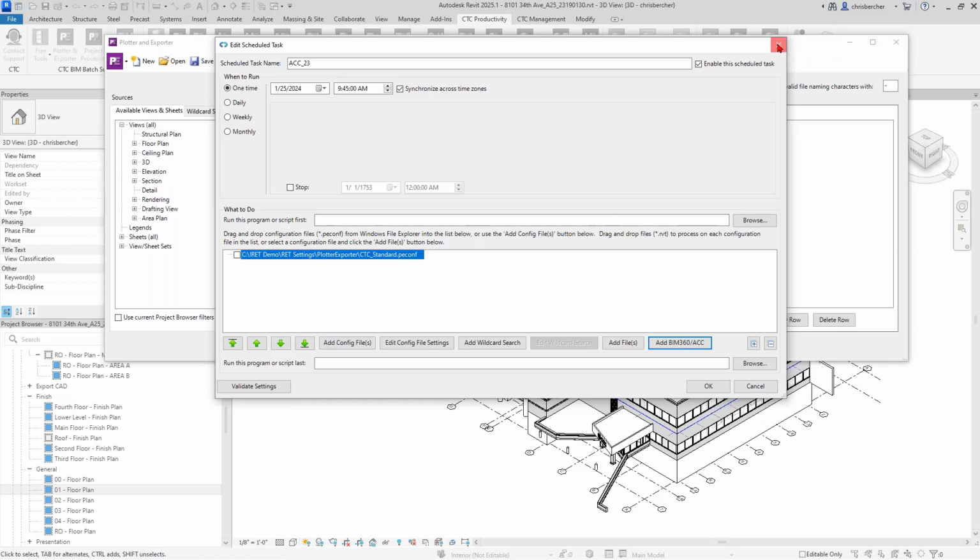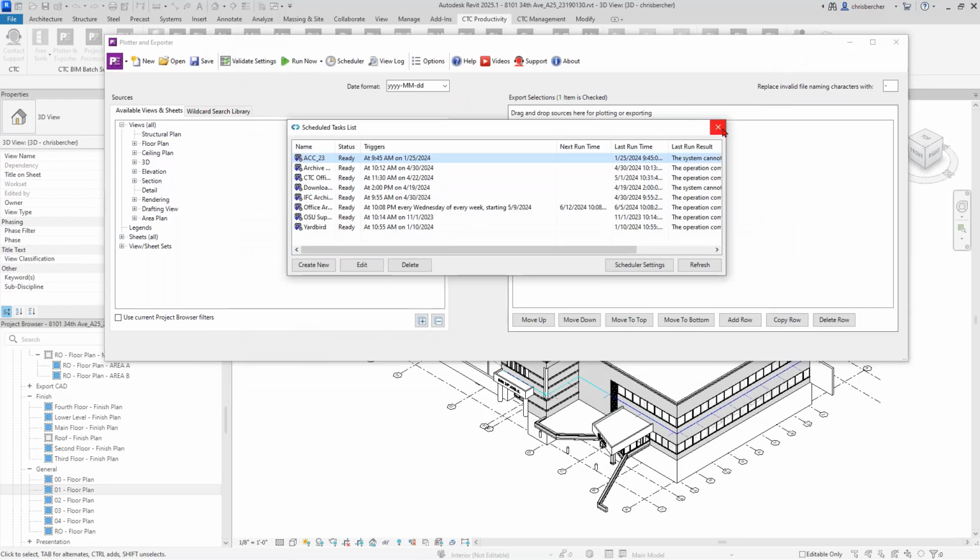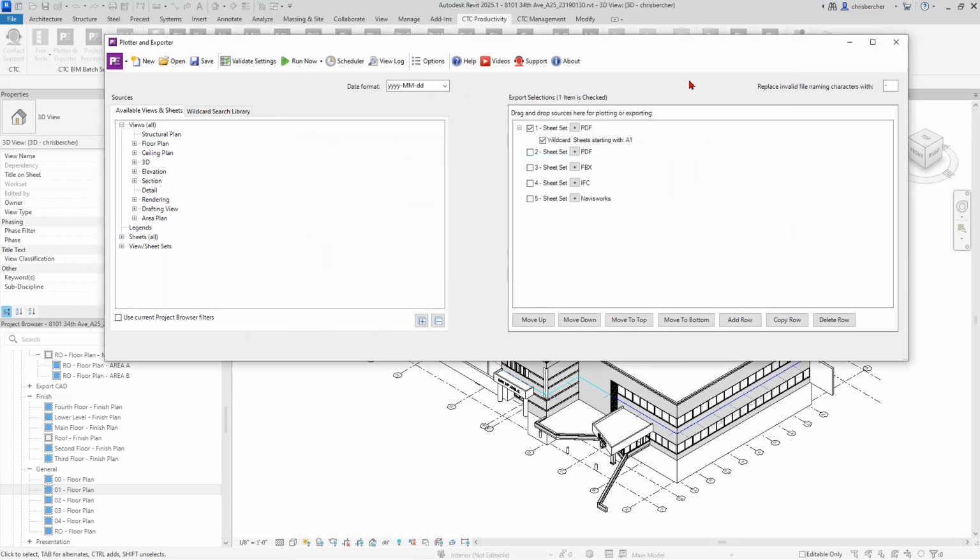Now since I'm in Plotter Exporter, I'm just going to stick with Plotter Exporter. We've done a couple of enhancements here, a number of fixes. We did have a question come up, and I'm checking the list right now about it. The question was, were the scripts fixed? So you could run scripts in Plotter Exporter,